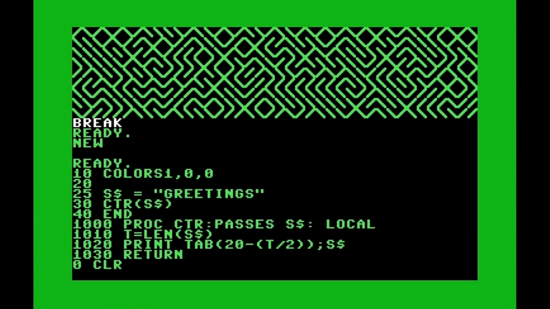Now, where the real problem lies is, this is an attempt to create a centering function, or a user-defined command as I call it. This is our function center, and it attempts to center the text in the S string variable. Here, the problem is only in the formatting. When you create user-defined functions in Vision Basic, use a period. Now there may be other languages that permit parentheses as such, but in Vision Basic you always use a period, unless